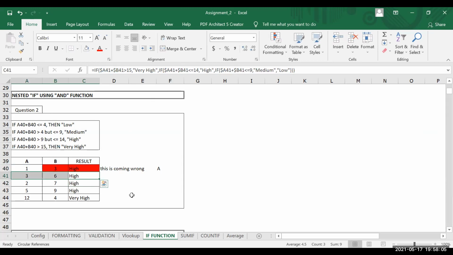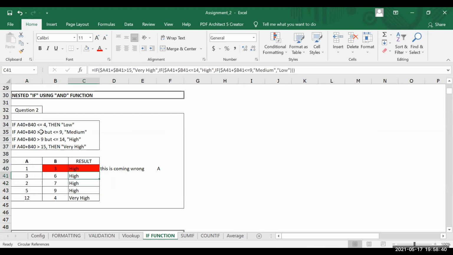It is just that the numbers were such that this number was 9 and this number was also 9. So you got a hint that when it was less than or equal to 9, technically the output should have been medium, right? But the output is actually incorrect over here also, because you are getting less than or equal to 9. 9 should also be output as medium. So you are not getting medium anywhere, and that is where the condition is going false.